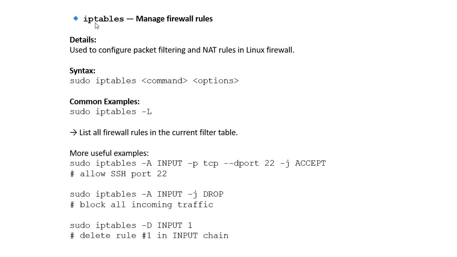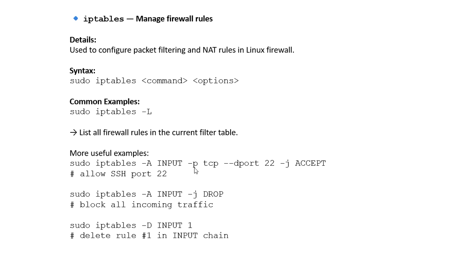Another command is iptables, which manages the firewall's rules and is used to configure the packet filtering and NAT rules in the Linux firewall. The syntax is sudo iptables, then the commands and options. A common example is sudo iptables -L, which lists all the firewall rules in the current filter tables. A more useful example is sudo iptables -A